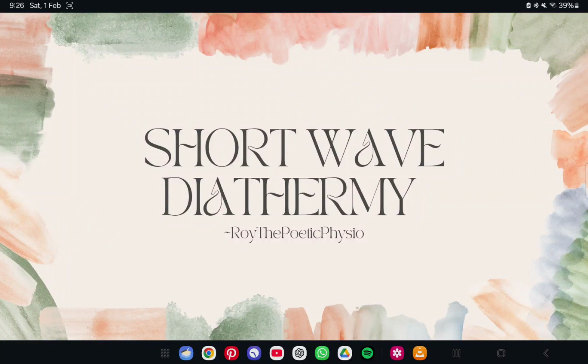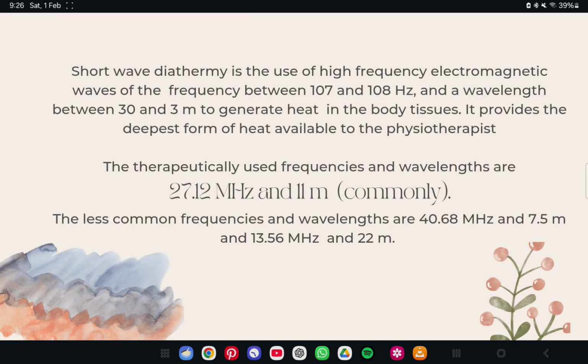Our topic for today is shortwave diathermy. So let us begin with a basic understanding. How does it work? SWD works by generating high frequency electromagnetic waves that penetrate the tissues and produce deep heating through molecular oscillations. It operates on radio frequency waves, typically at 27.12 megahertz and 11 meter wavelength, to